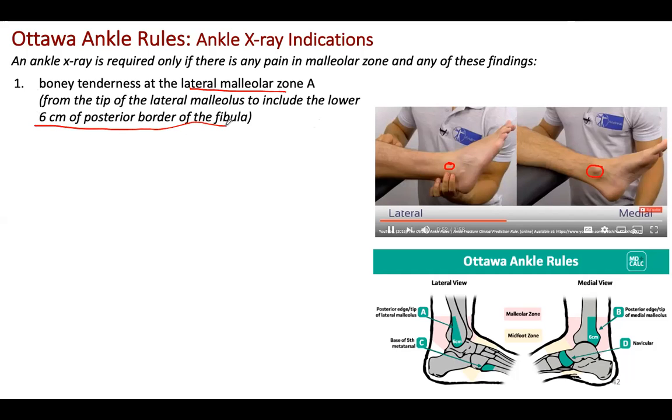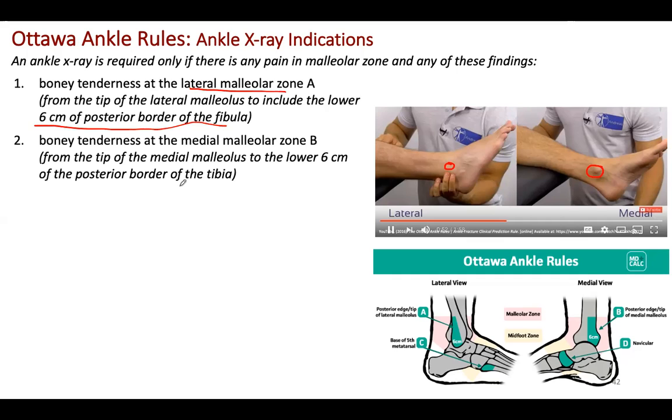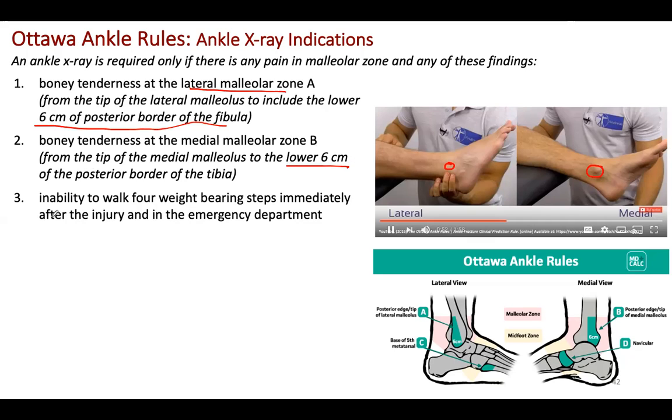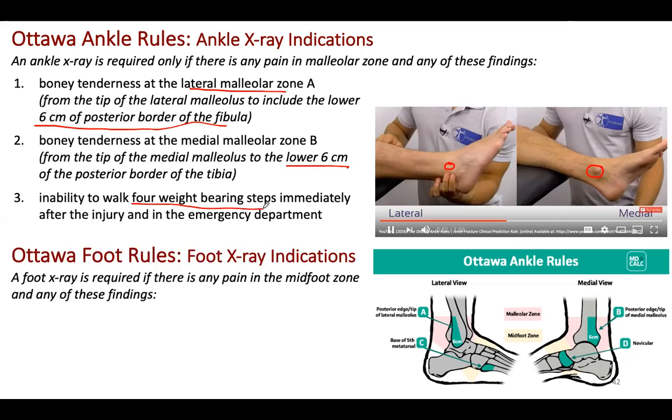Tenderness over the lower 6 centimeters of the fibula, do X-ray. Tenderness over the lower 6 centimeters of the tibia, X-ray. Inability to walk 4 weight-bearing steps, do X-ray. Okay, so these are the 3 indications of X-ray at the ankle. For the foot,